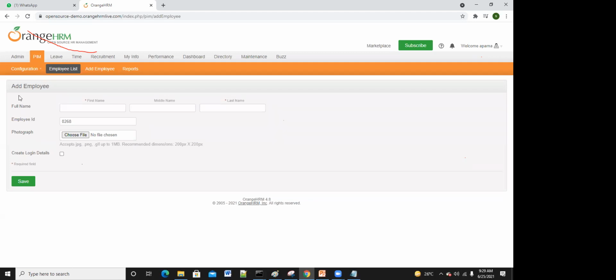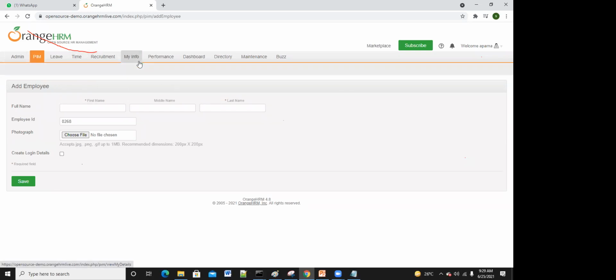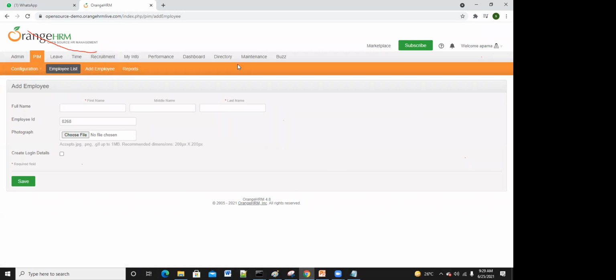So as an HR manager, is this application properly working or not in each and every module: leave management, time management, recruitment? All these supported features, are they working fine or not? So as a testing team, we need to test this application for HR manager, for sales manager, for employee login, and see how the application is behaving. Such kinds of test cases we have to test.